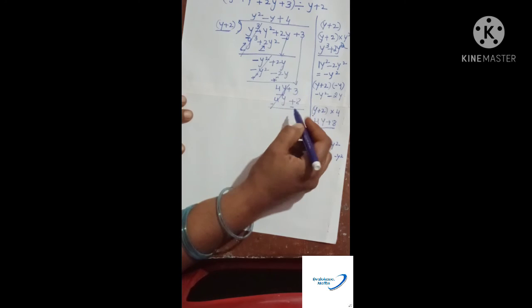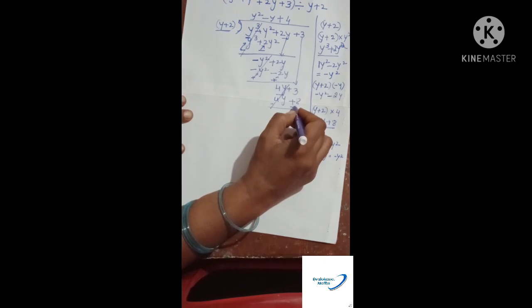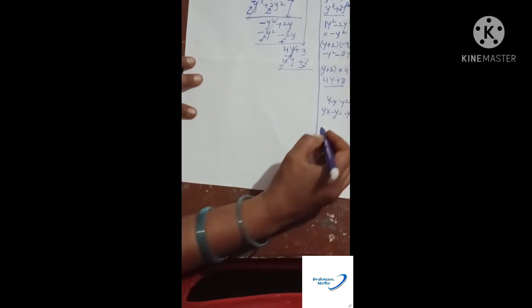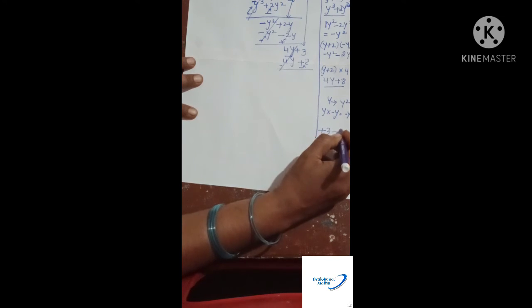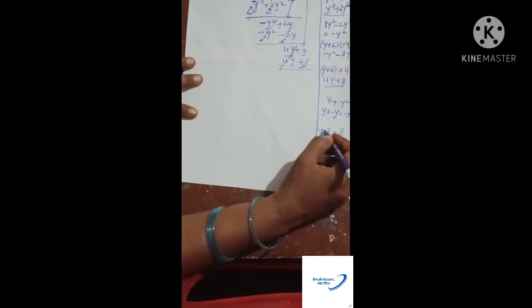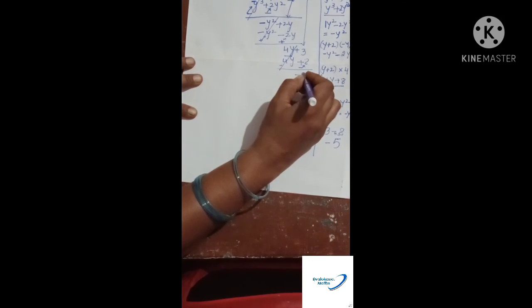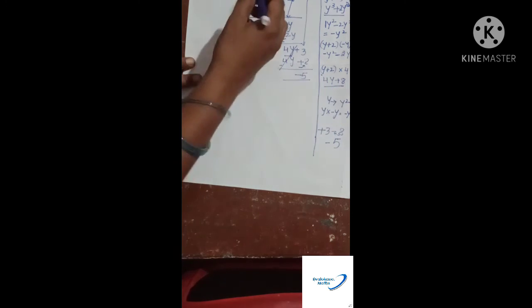Okay. So now once again according to our rules, this plus becomes minus, and plus 3 minus 8. What is this one? Plus 3 minus 8. One is positive, the other is negative. What to do? Plus and minus, the subtraction of 3 from 8, that is you are getting 5. Bigger number has a minus sign. You are getting here minus 5. So this concludes the solution of this problem.